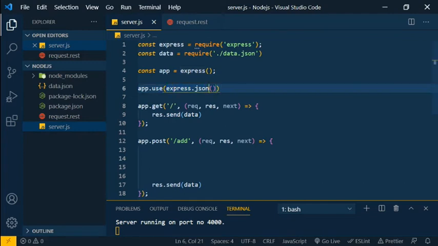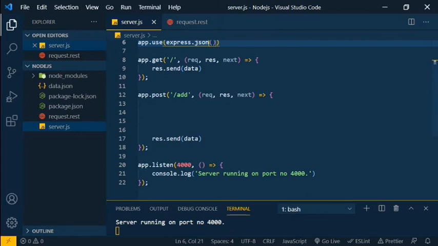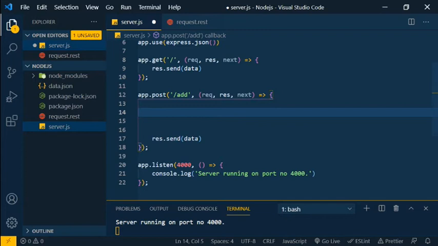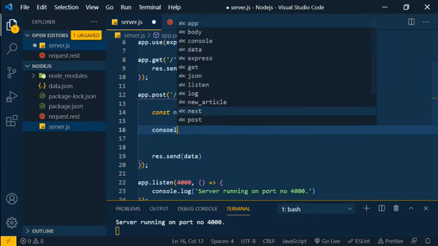What this function does is, when you give some kind of JSON structure, it parses all the information properly and then stores it into the request.body object. So we are going to get that new article from request.body. Okay, here we can console log it, to see what the new article is.